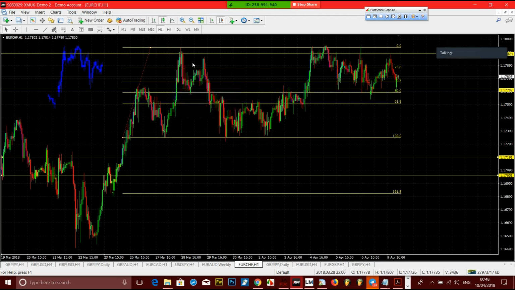What happened? It fell. It went up quite all right, but what did you see? It dropped all the way back to the 100. It gave me one move. It gave me a second move. The third move was not promising. So that's another thing you could also want to put into consideration. If the market has turned twice for you, you've entered and you won it twice, it may not promise you that third move. So just get out and move to the next trade.